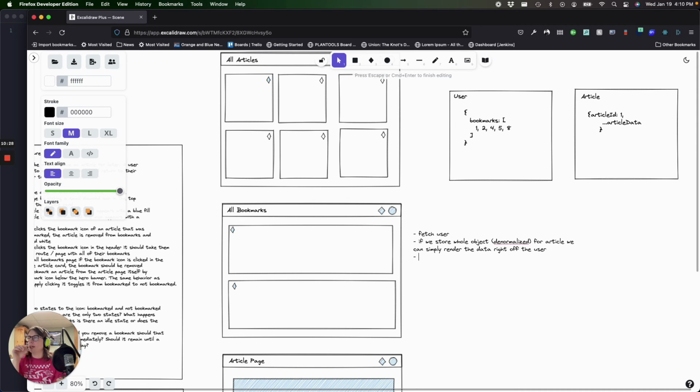Now we come in and we're like, all right, that's kind of cool. Pretty simple. We fetch the user. What's the pitfall for this? Well, the first pitfall right away is the minute we update, let's say, any of the article data, we have to go through every single user that references this object